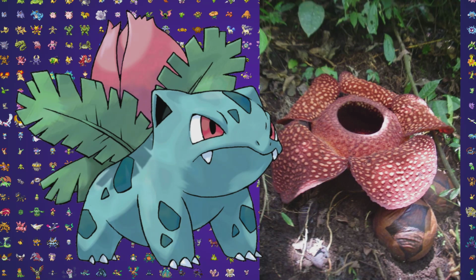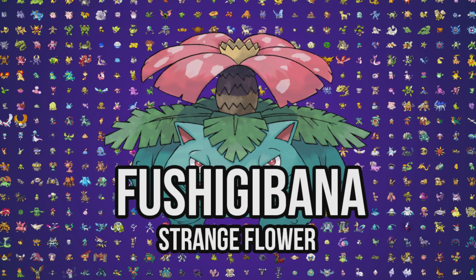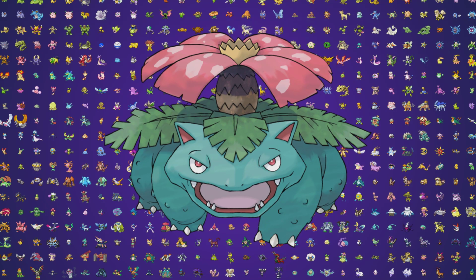Now the name origin for its other evolution, Venusaur, is a combination of the words Venus, as in the Venus flytrap, a plant that is actually real, or venom, as well as saur for lizard. Fushigibana is another pun that was put on there, which means strange flower in Japanese. Nothing really else, but just a strange flower. So it kind of makes this Pokemon seem pretty strange from all its evolutions and its nicknames. Not much may be interesting in Venusaur because pretty much Bulbasaur has all the original origins and inspiration for its